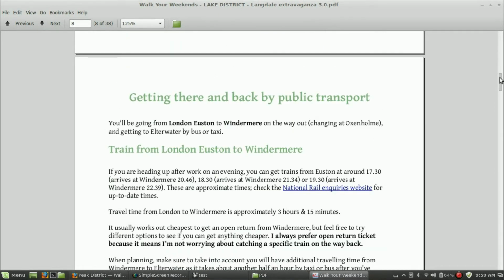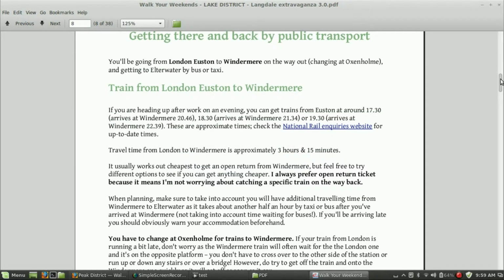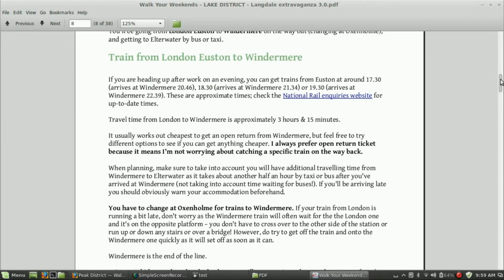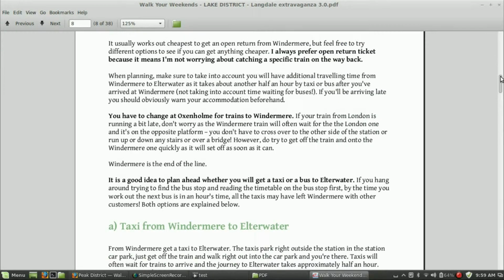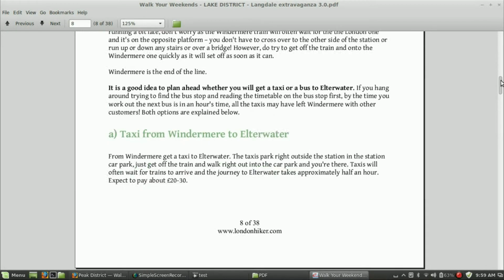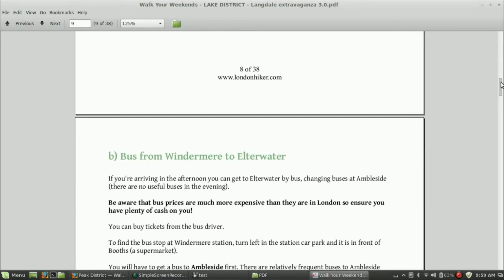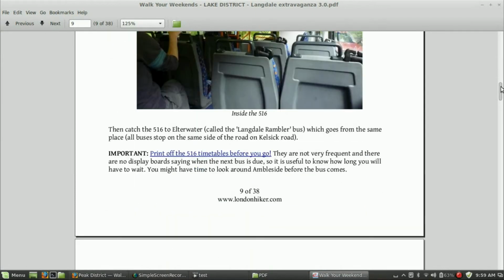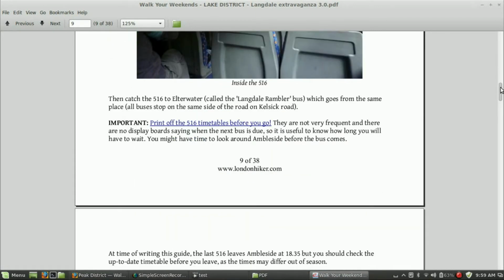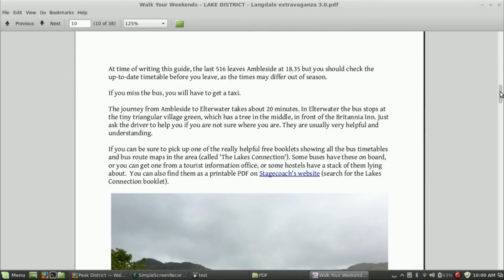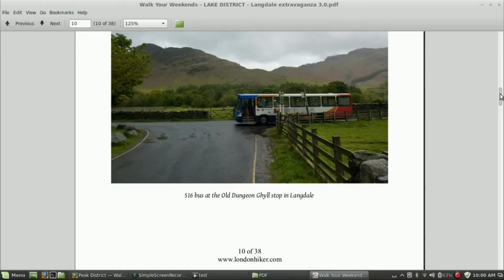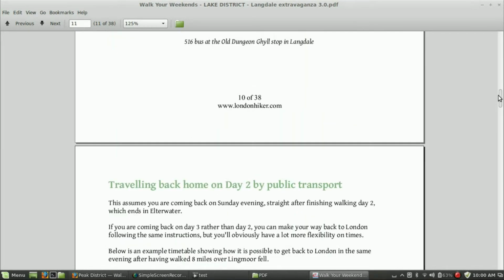And then I talk about how to get there and back by public transport. So I go into detail about the trains that you'll need to get, the tickets that you need to get, how to change platforms at certain stations, and where to get your taxi from, where to get your buses from, depending on the specific walk, where to get your timetables from, and details about where to get the bus, because sometimes in these places there aren't actually bus stop signs where you're going to need to wait for the bus,